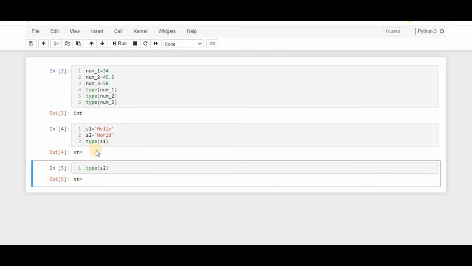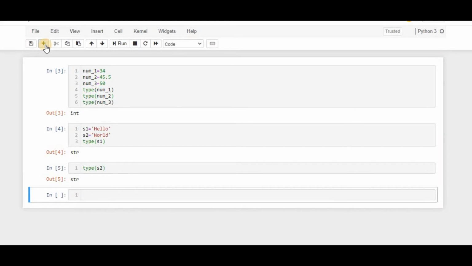See here, type of s1, this you already know, is a built-in function which is going to define what s1 is going to hold and what s2 is holding here. Here num1 is holding an integer value, that is 34, and num2 is holding a value of 45.5. num3 is holding the integer value of 50. Now what we will do is, num1, num2, num3 have some values. Those will be assigned to a new variable. So now I'm going to assign all these three variables to a new variable called total_n. That will be printed out, and we will see what will be printed.